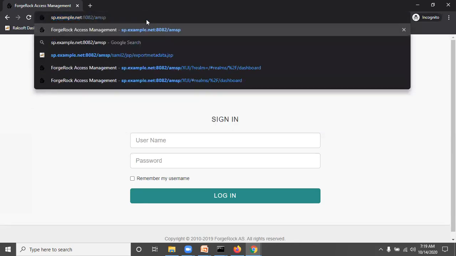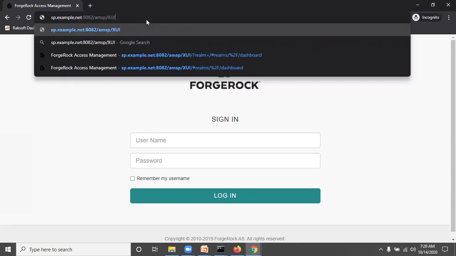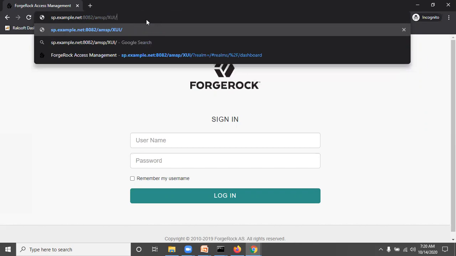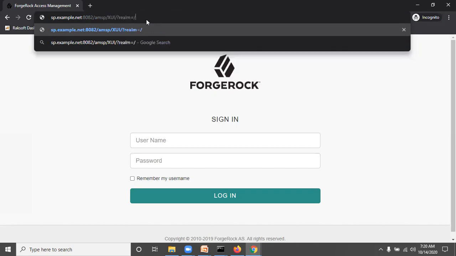SP application AMSP slash XUA question mark realm equal to slash, because it's the top level realm, and then auth index type equal to module, and auth index value equal to SAML2 test new. Okay, that's all.